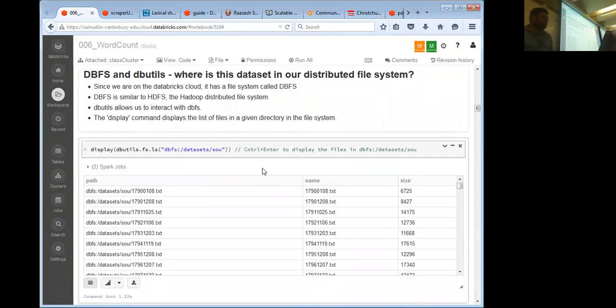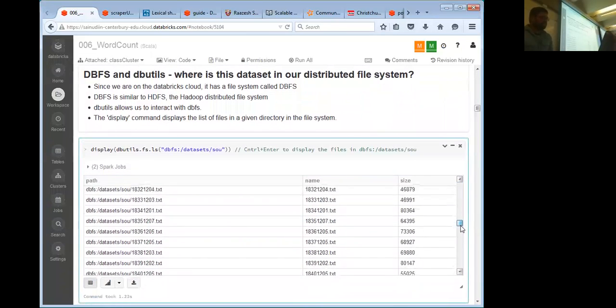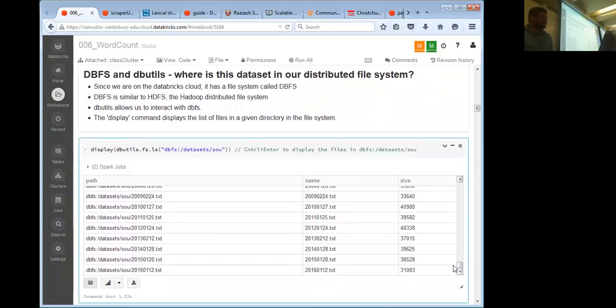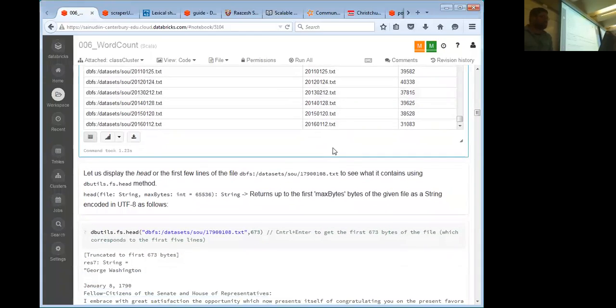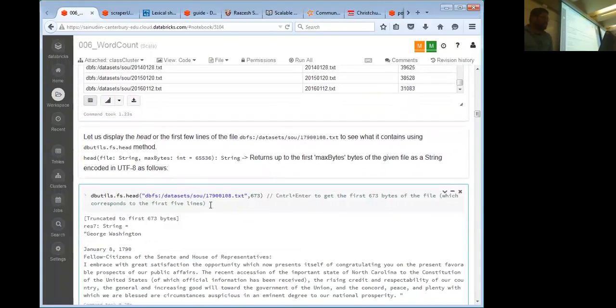So this directory SOU that I created essentially has all these files. So starting from the earliest one, 1790, all the way to 2016. Okay, so all the files are here, and this is the name and the size and so on. Okay, so the next command shows you how to